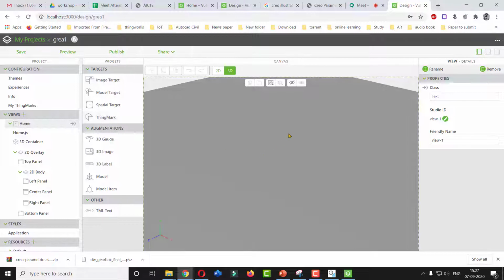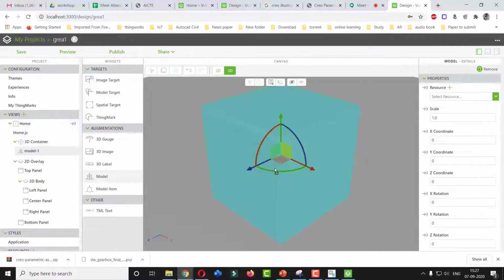So first of all, in this particular canvas we want to import the model which we have generated right now. To get that particular model, first you have to go to the model and select it and drag it over the canvas screen. Okay, so such a model will be generated, but it has only generated a model. We haven't linked this particular model to the file we have exported right now.